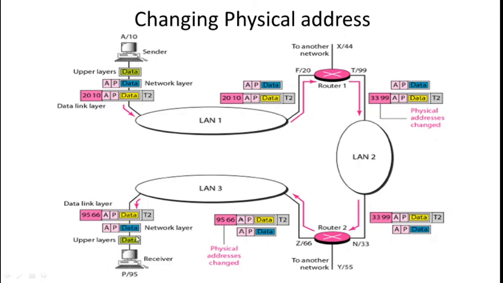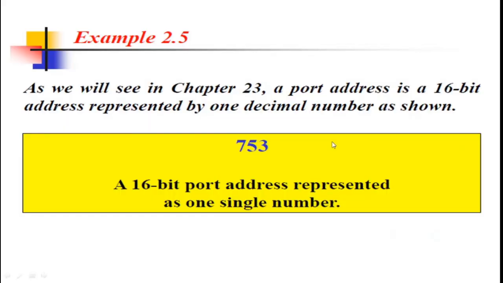The data packet goes up, and in the network layer it is destined to it, so it is being opened depending upon the logical address, which is unchanged from the very start, and then the data is being given to the upper layers, where the segments are again reformed, and finally the message reaches P, which is the intended recipient, that is 95. So this is how we understand that the physical addresses vary, whereas the logical address does not vary.